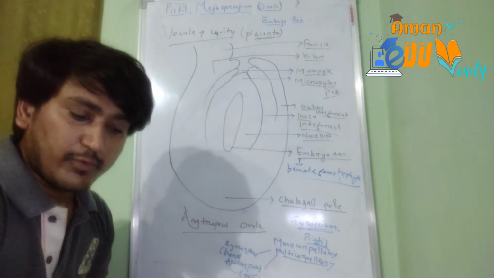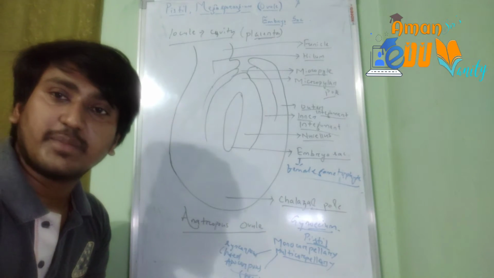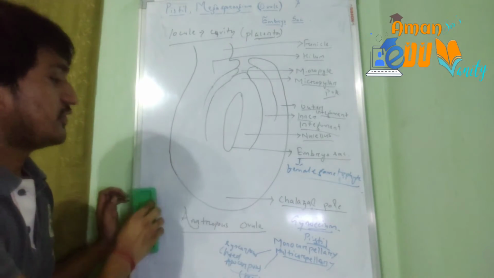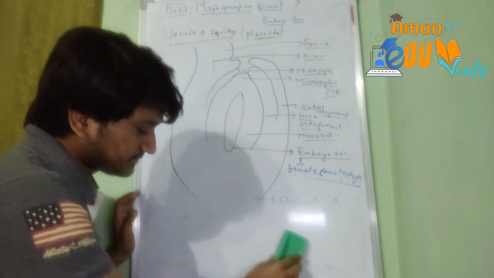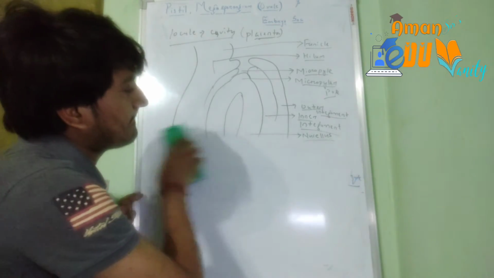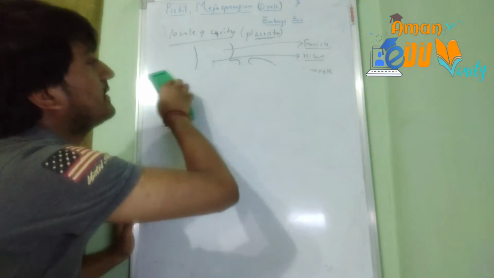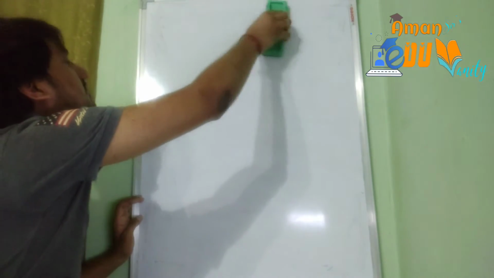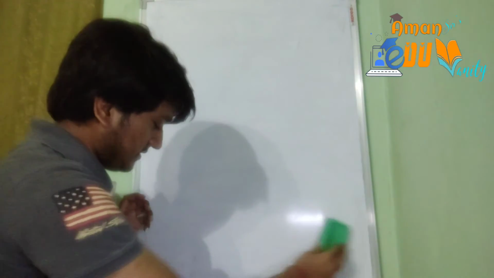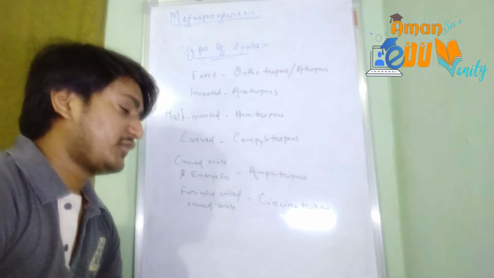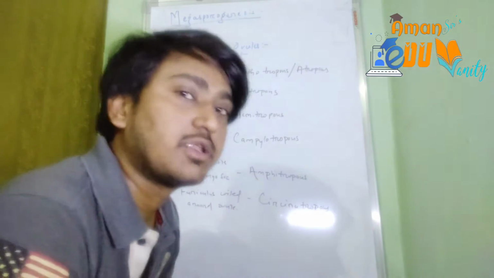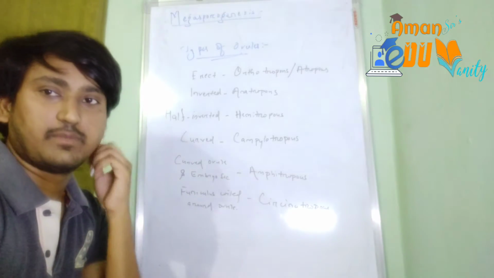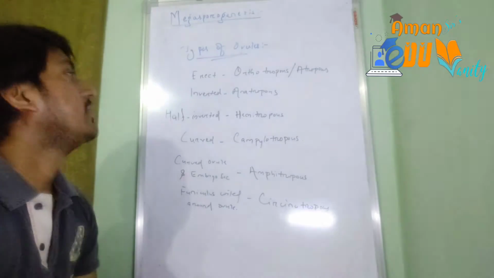Okay, so now we will learn the process of formation of the egg cell within this embryo sac, that is called megasporogenesis. Like in the pollen grain formation, we call it microsporogenesis, here we will be calling it megasporogenesis. So students, before we move to the process of megasporogenesis, let's learn some of the types of ovules based on their arrangement within the flower, within the ovary.